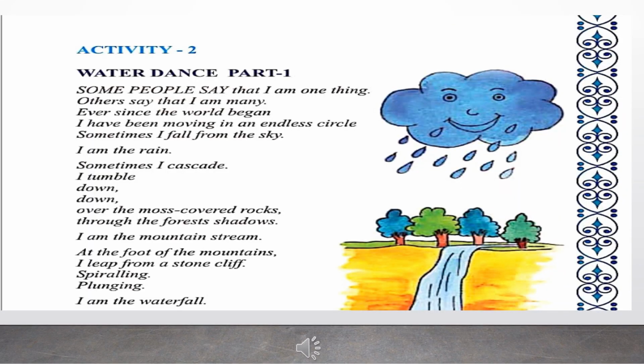Here we are beginning our poem Water Dance. It is a poem written by Thomas Locker. In this poem, the poet tries to explain the scientific explanation of the water cycle and its relationship to wind,